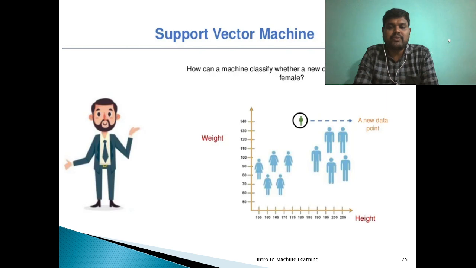I am going to draw a line so that it will classify the two groups correctly, right? So if a new data point is coming for prediction, the line will help the machine learning model to predict whether the new incoming data is male or female.